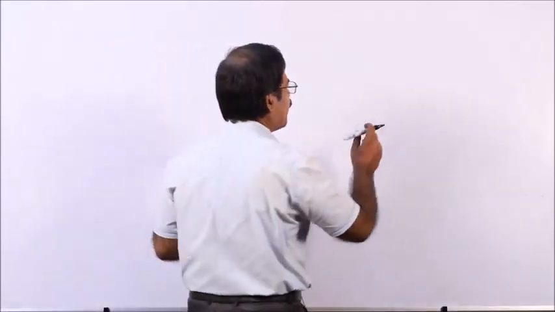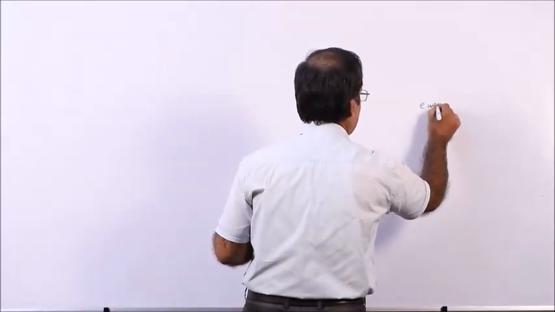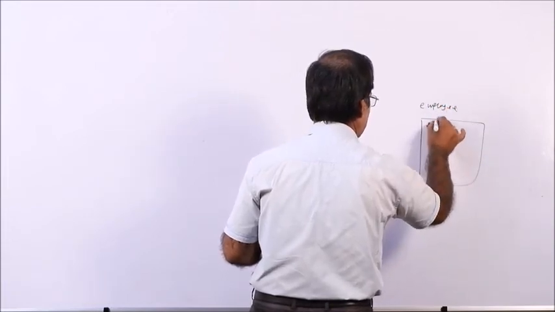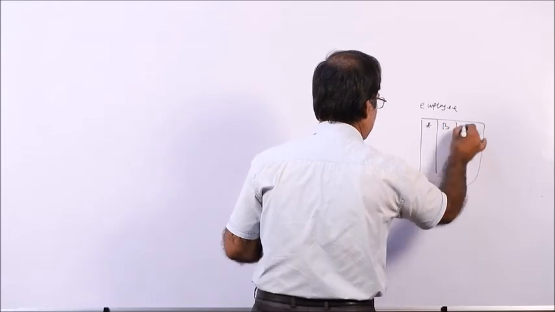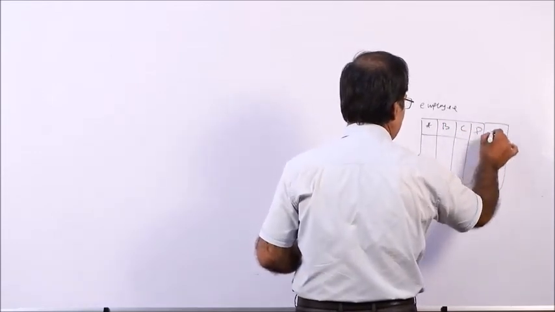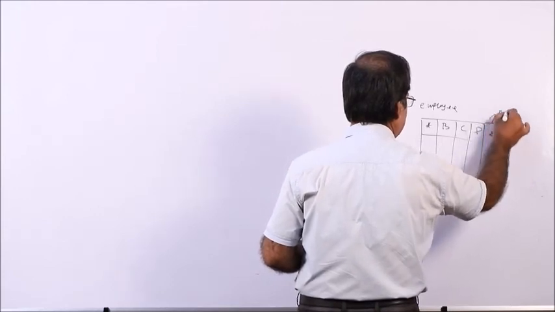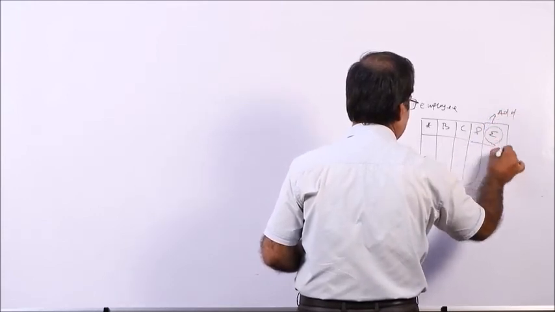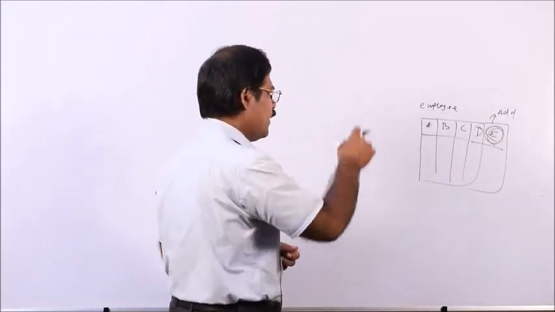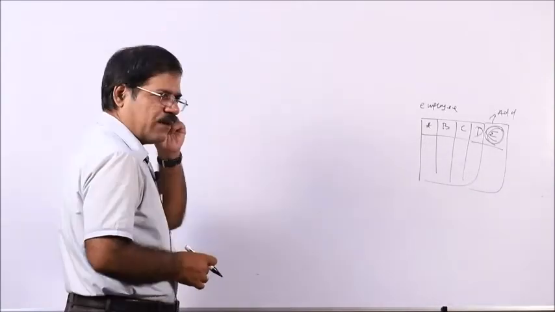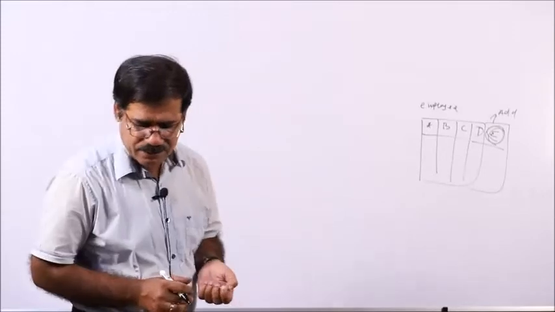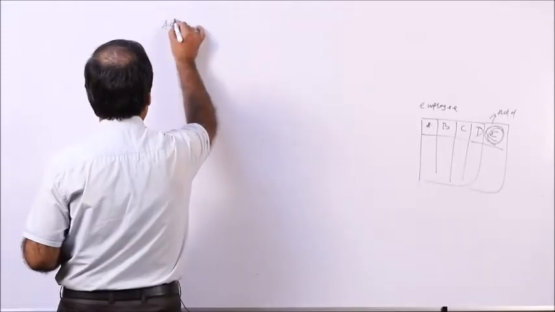Initially a particular table, suppose employee, is already created. It has 4 columns: A, B, C, D. I want to add a new column, suppose E is added. How can you insert a new column? Insert a new column or add a new column. Add new column in a table.